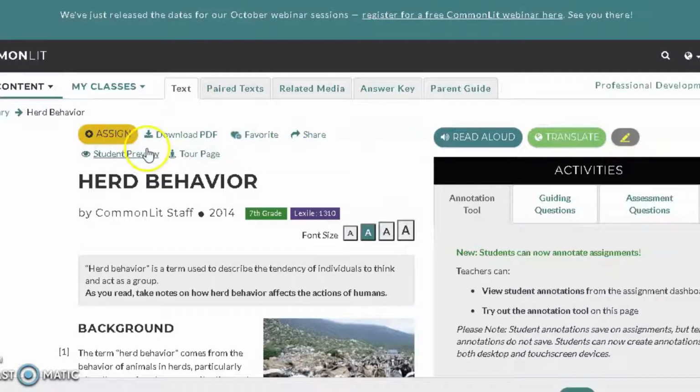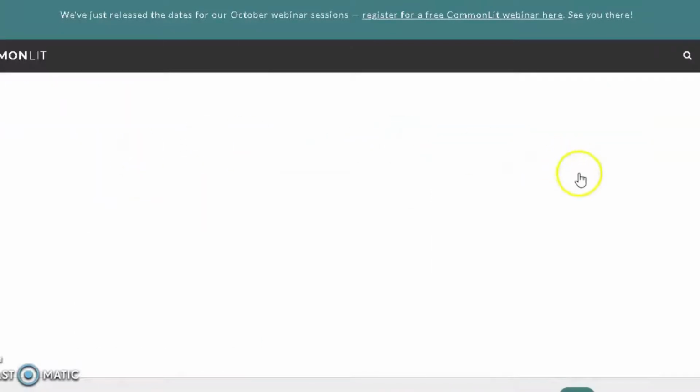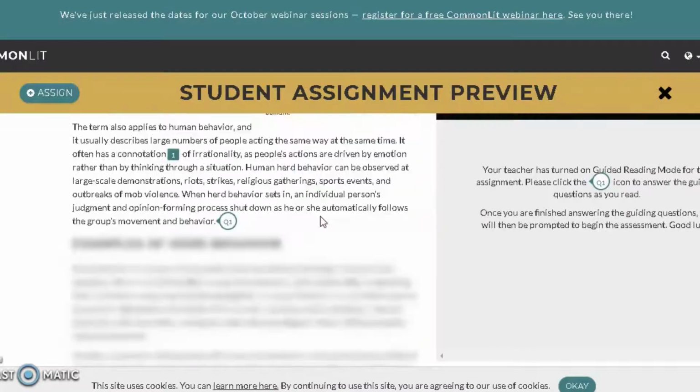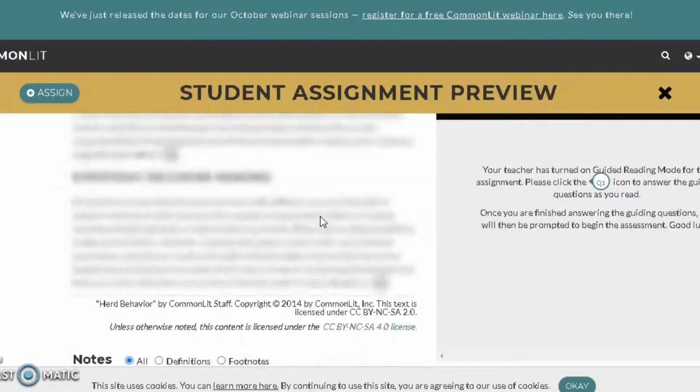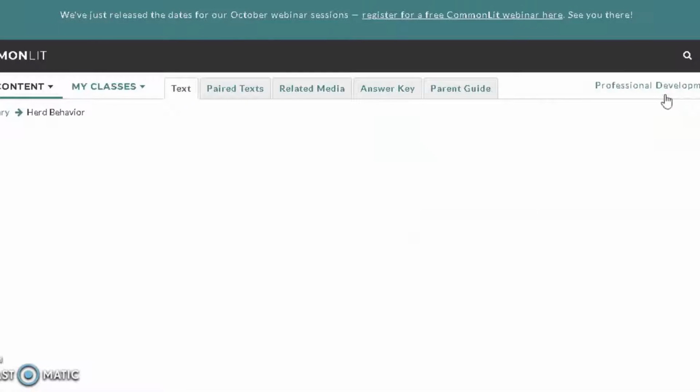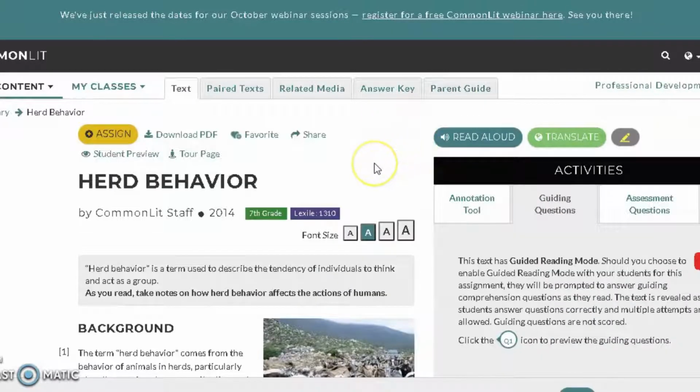You can see the student preview, more or less what the students are going to be able to see. This is the preview. And they can change the different font size and that. So I think it's an amazing tool. Actually, I highly recommend you to